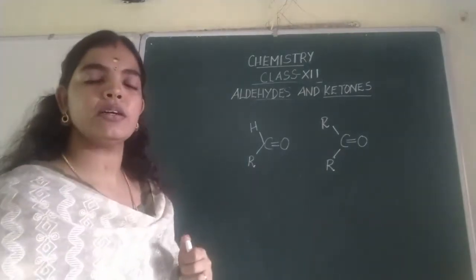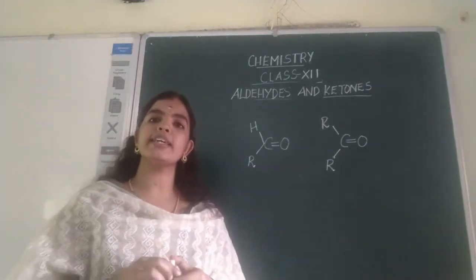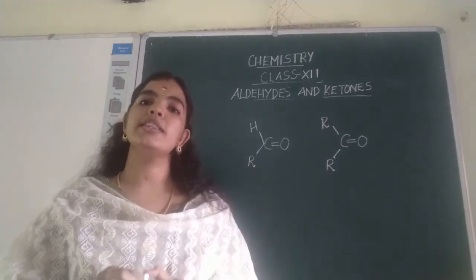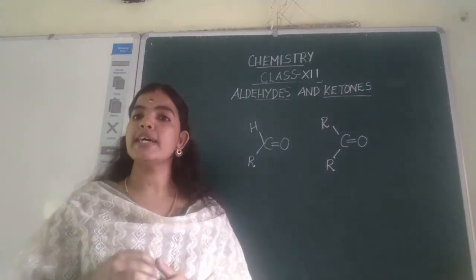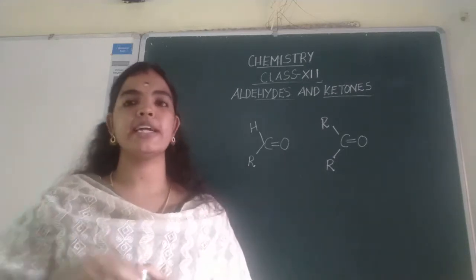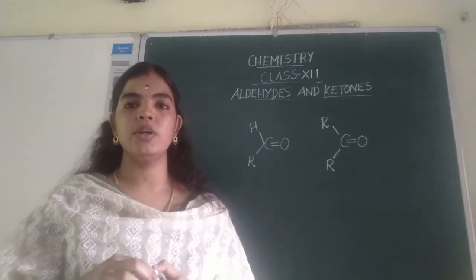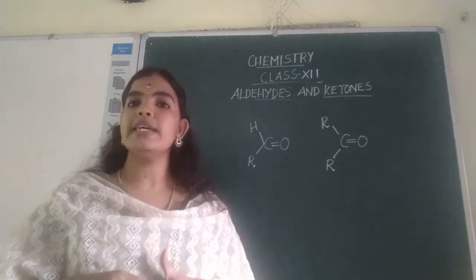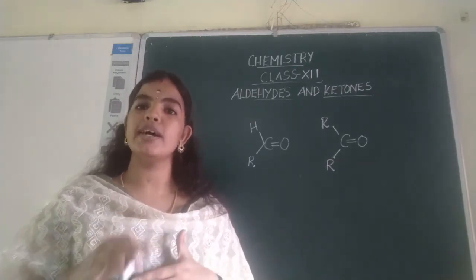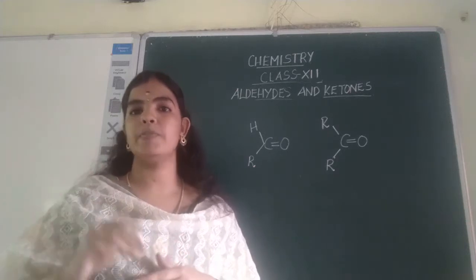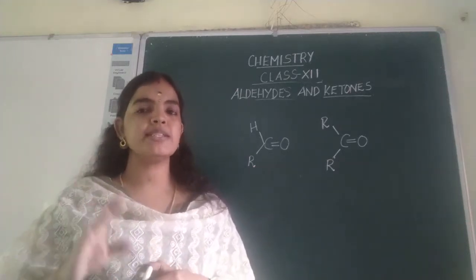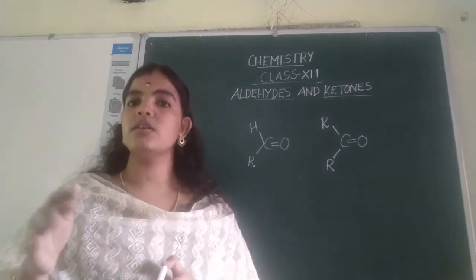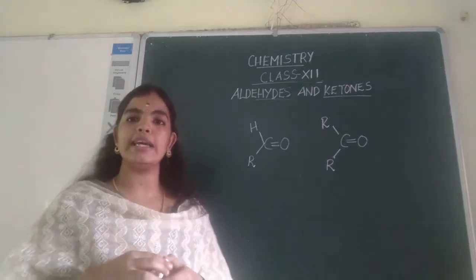So mainly we know that the chemical properties of a compound depend upon the functional group present. We know that the properties of aldehydes are different from those of a carboxylic acid group, or different from those of an alcoholic group. So the chemical properties depend on the functional group present. So can we move to the reactions shown by aldehydes and ketones?